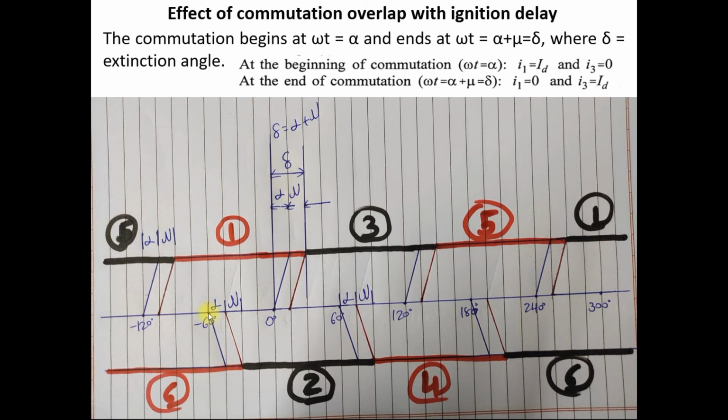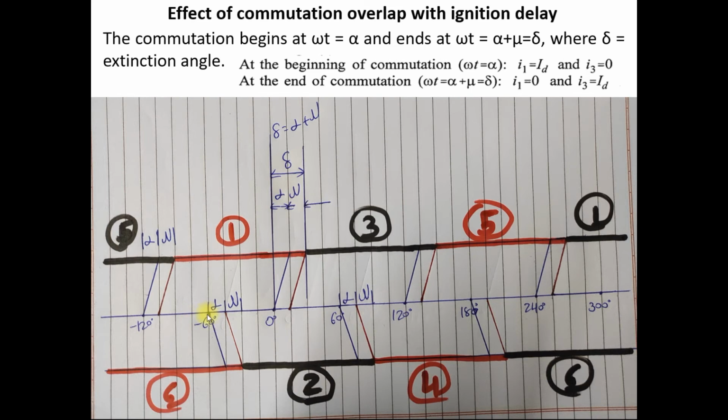You can see that here at minus 60 degree is the phase crossover point between B and C phase. As you know, the B phase is connected with the cathode of valve number 6, and the C phase is connected with the cathode of valve number 2. So from this phase crossover point at omega t equal to minus 60 degree, valve number 2 comes into forward bias, because phase C becomes most negative as compared to the B phase. Clear? From this phase crossover point we calculate the alpha for valve number 2.